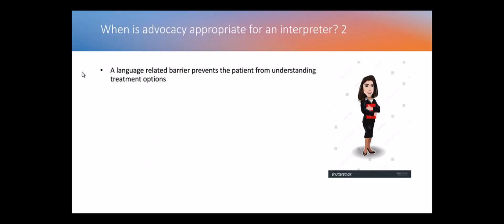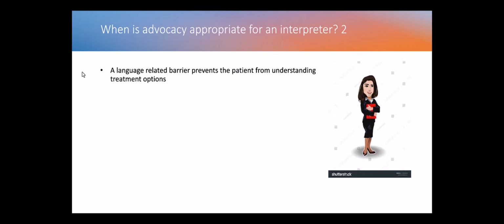In this situation, it is possible that the doctor's use of technical medical terms may have caused a linguistic barrier that is preventing Basma from truly comprehending her options. The interpreter also has cause to reason that the provider may have missed part of what Basma was communicating with